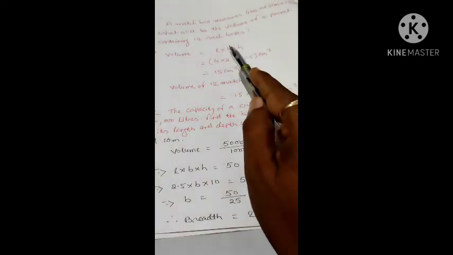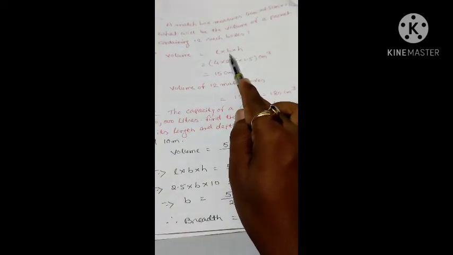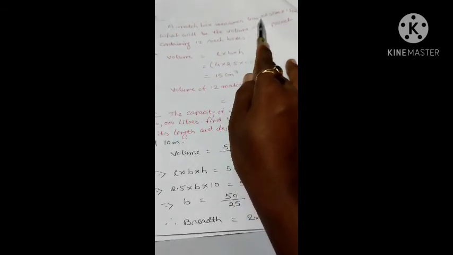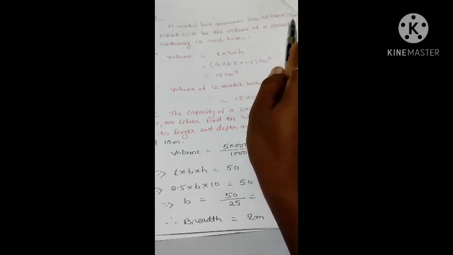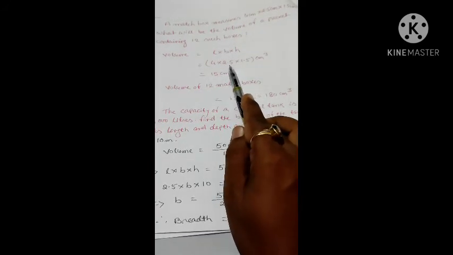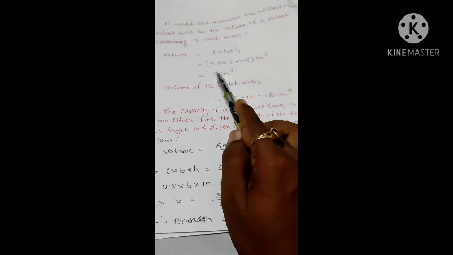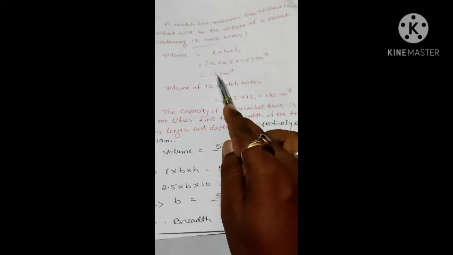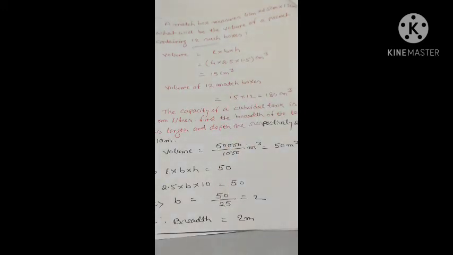So this is a very easy sum, we just have to remember certain steps. So we discussed certain sums based on area. Now let us discuss one or two sums based on volume. To find the volume of a cuboid, we have earlier discussed that we use the formula length into breadth into height. Here one sum is given where the matchbox dimensions are 4 cm, 2.5 cm and 1.5 cm. So this is length, this is breadth and this is height. We have to find the volume. Length into breadth into height gives us 15. We have to find the volume of 12 such boxes. So if I get the volume of one box, by multiplying it with 12, I will get the volume of 12 boxes.